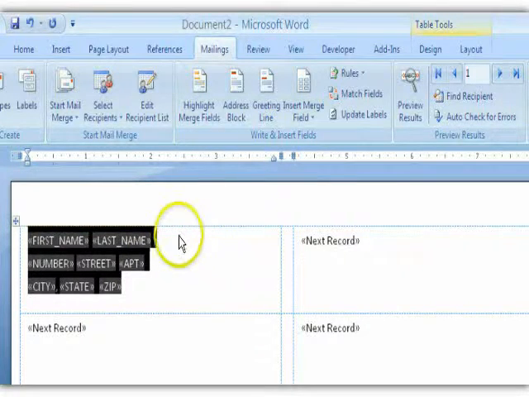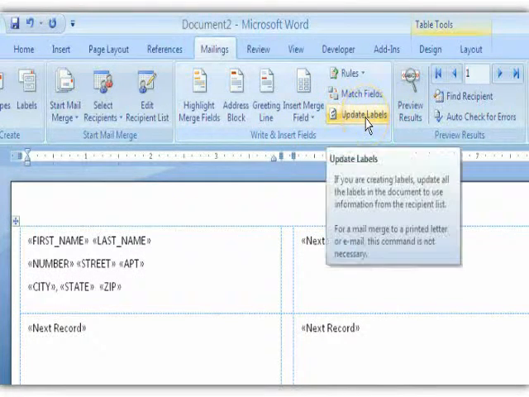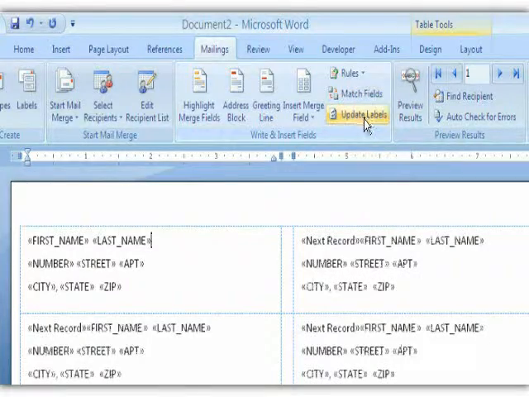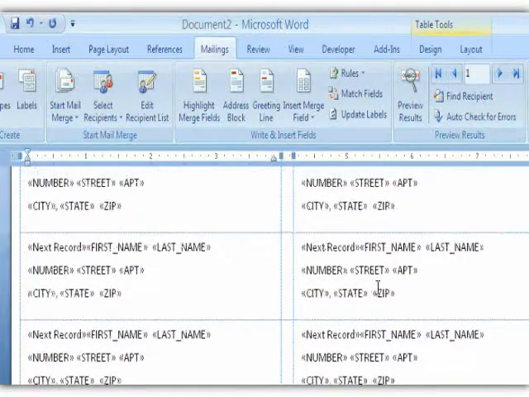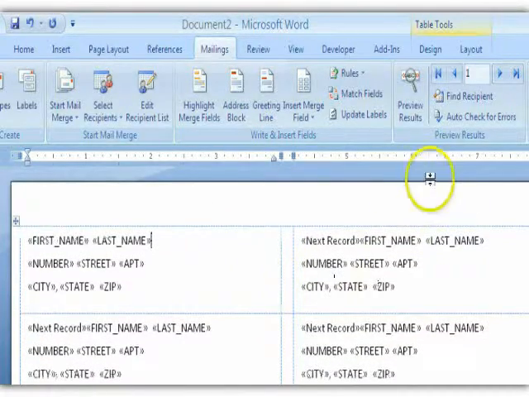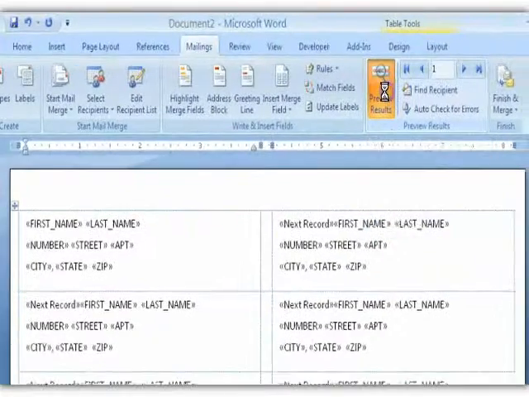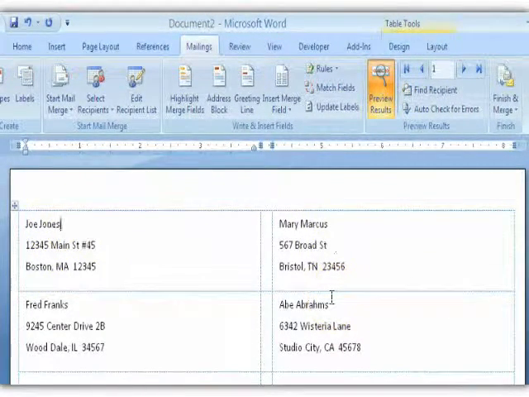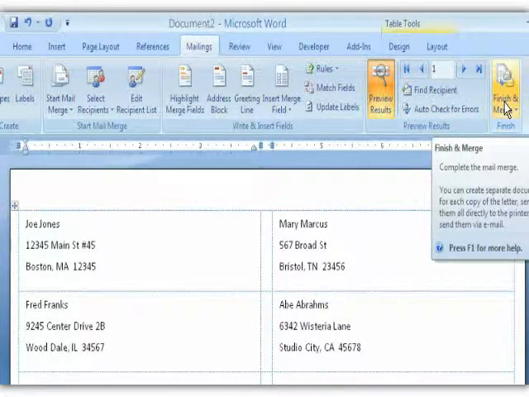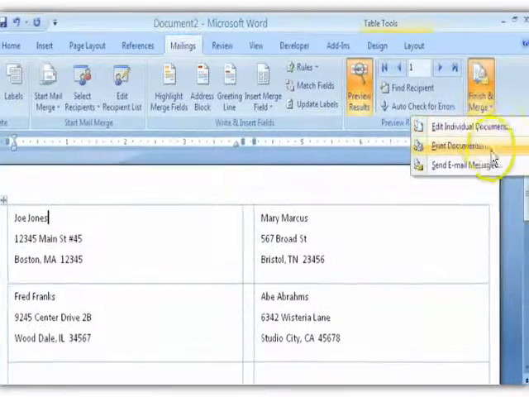So all you simply have to do is click update labels, and that copies these merge fields into every single label on that sheet. Now when you hit preview results now, you'll see all 4 of our labels, which it's reading from the Excel file. Again, moving from left to right, finish and merge is your last choice. So if you want to send this straight to the printer,